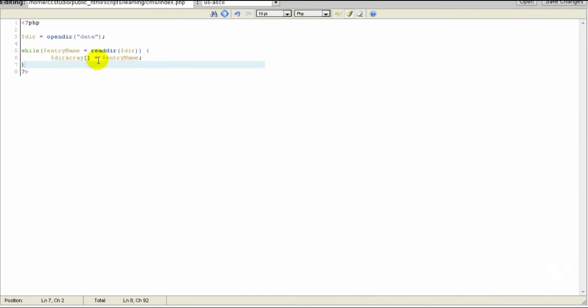Now basically what this does is it will add entry name to our directory for every entry name. And now since we do not need the directory or the open dir anymore, we can close it. It is important that you close everything that you open. Now let's count everything in our array. This can be used so that we know how many files we have, or we could display like you have 18 files. Okay, we could do this by